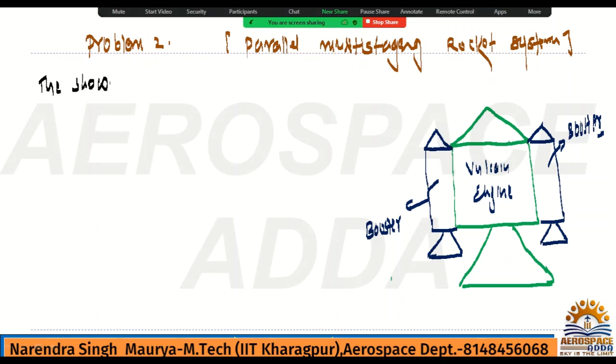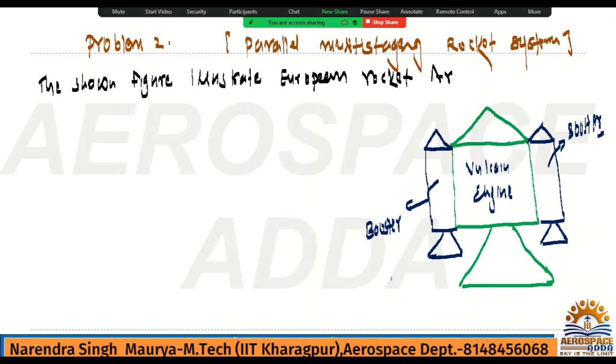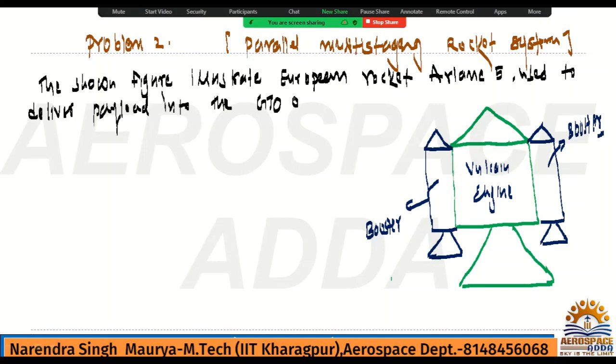The shown figure illustrates the European rocket Ariane 5 used to deliver payload into geostationary transfer orbits, GTO, or it is LEO. Initially at